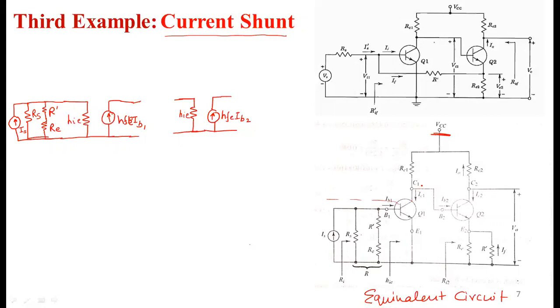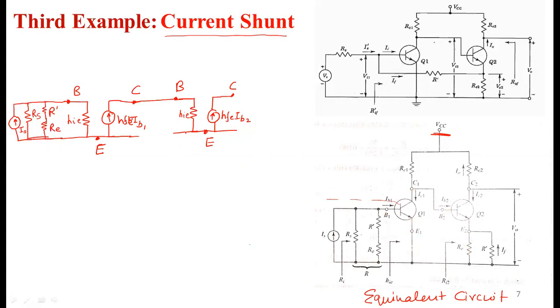Now we can see that the collector of transistor 1 is connected to the base of transistor 2. So first of all, we mark all the emitter, base and collector. So this is emitter of the first transistor, this is base, and this is collector. Here we have the emitter for transistor 2, here we have base for transistor 2, and here we have the collector for transistor 2. So collector of transistor 1 is connected to base of transistor 2. So we can connect this like this. Also the emitter is grounded, and this emitter is grounded with these two resistances.